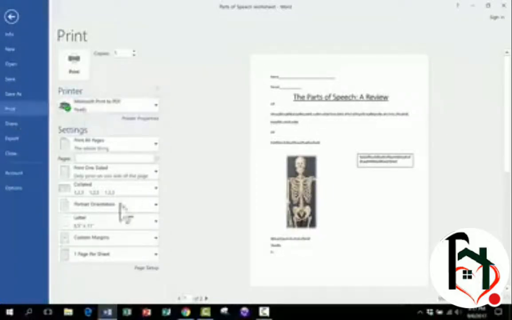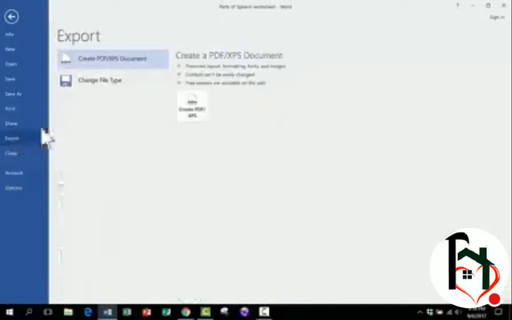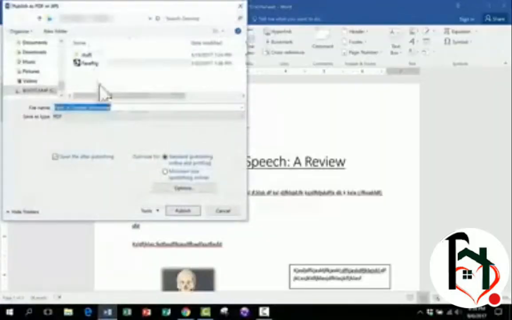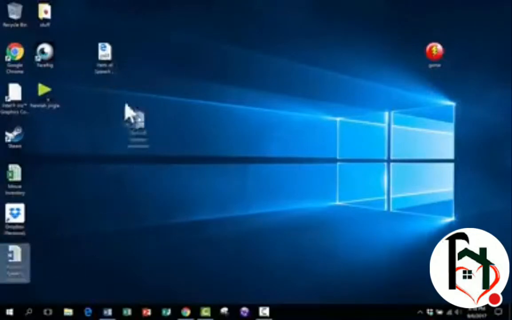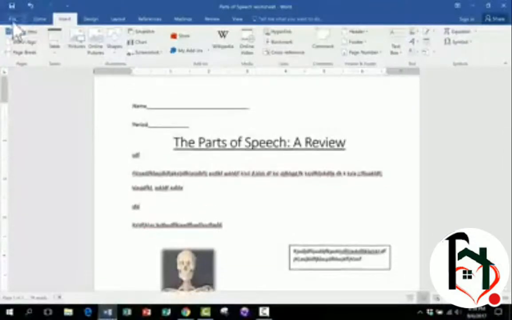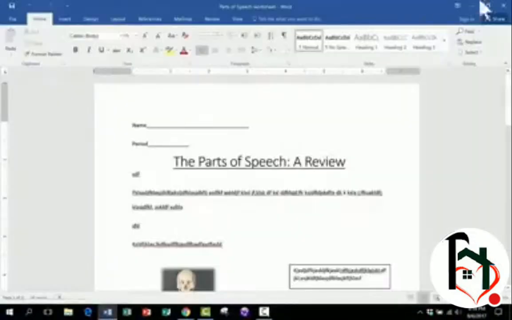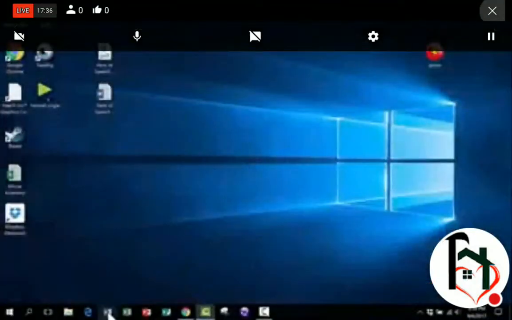But I can now print, and there's all these print options. Now, in addition to print and save, notice what else there is. There's export, and this is very powerful. I could create a PDF out of this document. So I can click that, save it, also to the desktop in this case. And so now, when I go to my desktop, look, there is a PDF document that I've created from inside Microsoft Word. And here's the original in Word format. So that's a nice, powerful option just built right into Word. So I'm done. So I'm going to close out of this document completely, go to my desktop. Let's say next week,